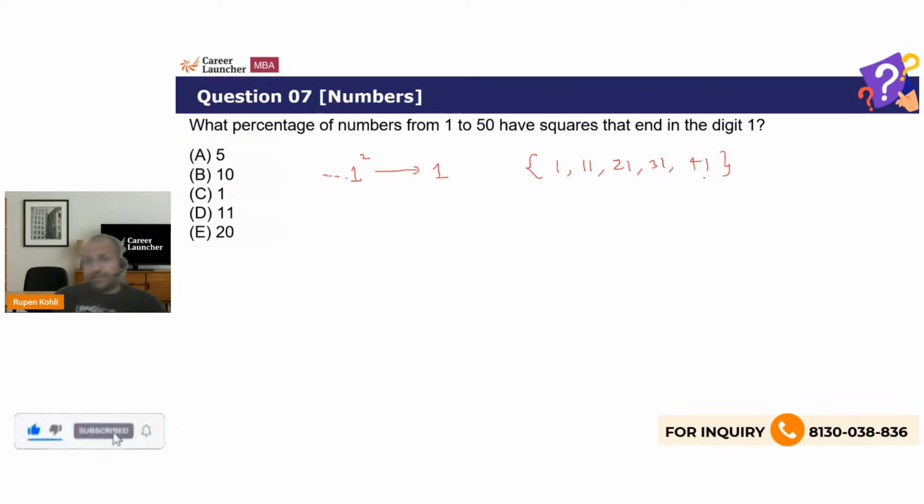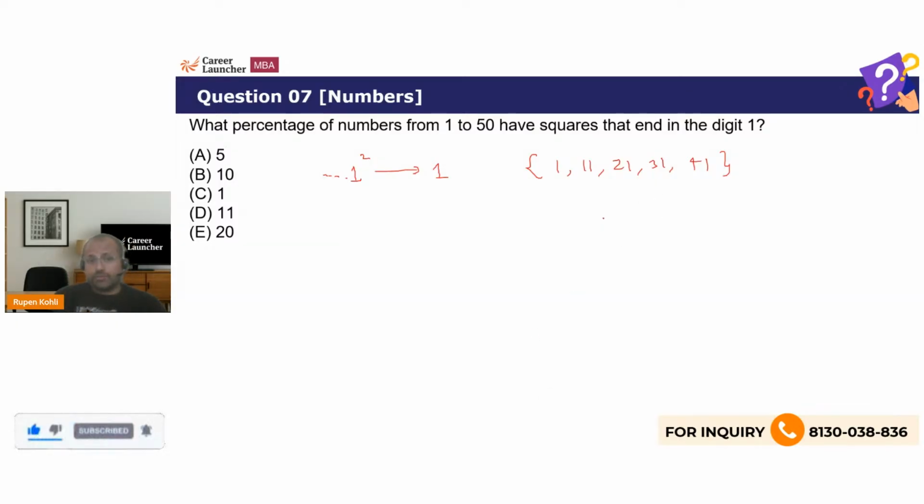which are going to exhibit this property. But is there any other digit also? भाई 0 तो नहीं होगा, 2 भी नहीं होगा, 2 स्क्वायर इज एंडिंग इन 4, 3 भी नहीं होगा, 3 स्क्वायर इज एंडिंग इन 9, 4 भी नहीं होगा, 4 स्क्वायर इज एंडिंग इन 6, 5 square is ending in 5, 6 square is ending in 6, not useful for me. 7 square is ending in 9, not useful for me. 8 also not useful for me. 8 square is 64 ending in 4, but